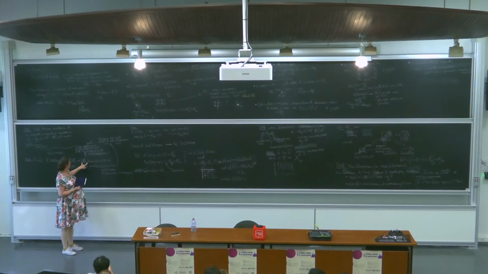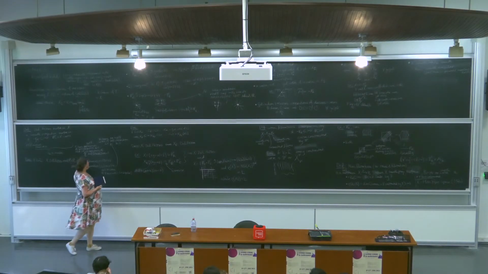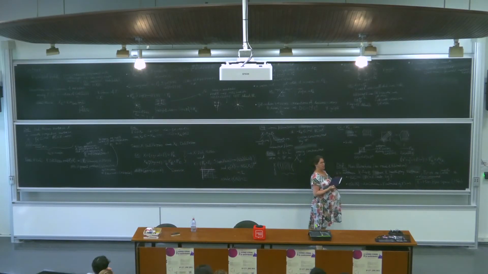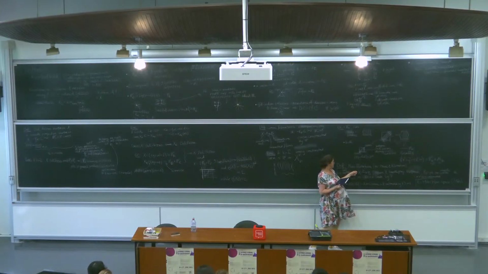Well, if I blow up 1 point, which I'm allowed, I get a del Pezzo surface, but it is not of rank 1. So it does not satisfy the definition here when B is a point, but P1 cross P1 satisfies very much this definition when B is a curve. And also when I blow up a point in P2, I get F1, a Hirzebruch surface. It is del Pezzo. It has Picard rank 2, and it satisfies this definition with B equal to P1.